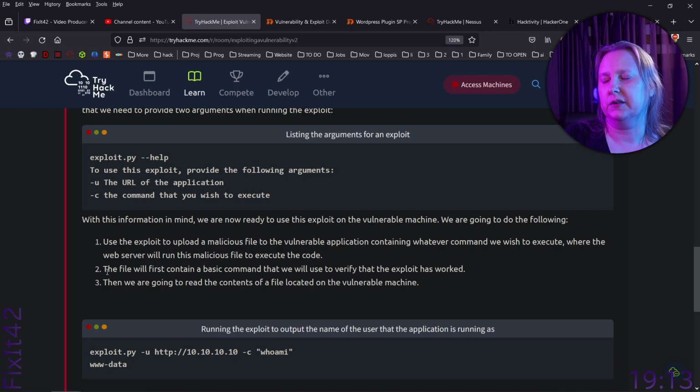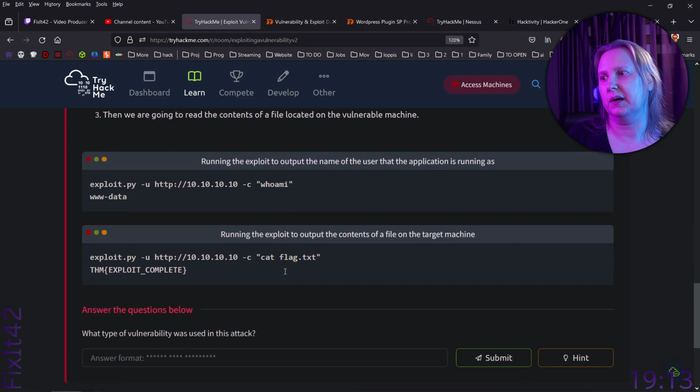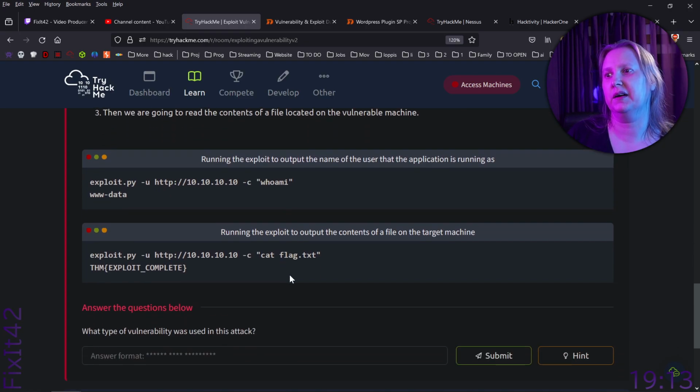The file will first contain a basic command that we will use to verify that the exploit has worked. Then we're going to read the contents of the file located on the vulnerable machine. Exploit pi, who am I? Exploit pi flag. So,